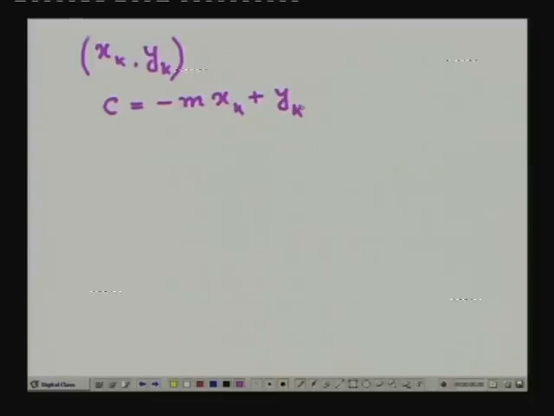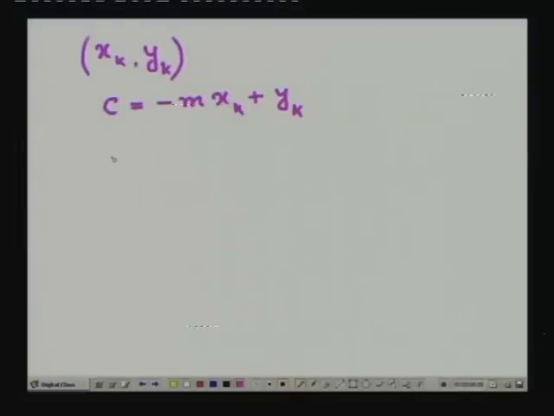Now, in our case, the values of m and c are not continuous, but they are discrete, and as we have said, an ijth accumulator cell corresponds to the corresponding parameter values m i and c j. So, to solve for values of m and c, our basic equation is c equal to minus m x k